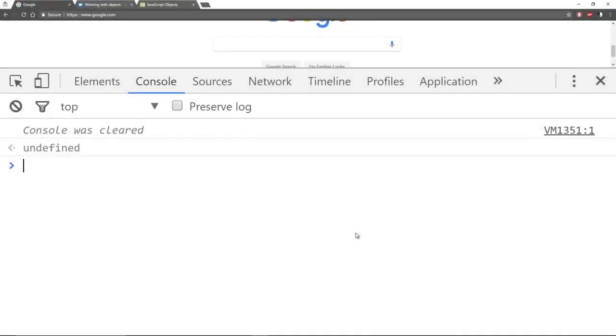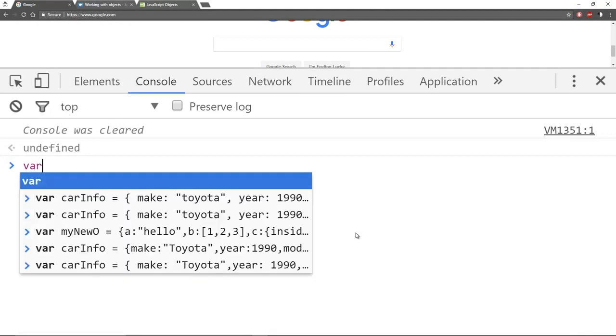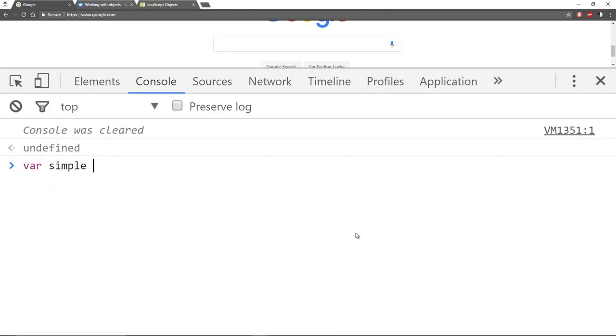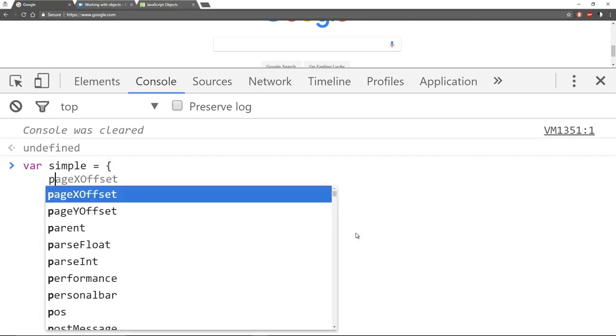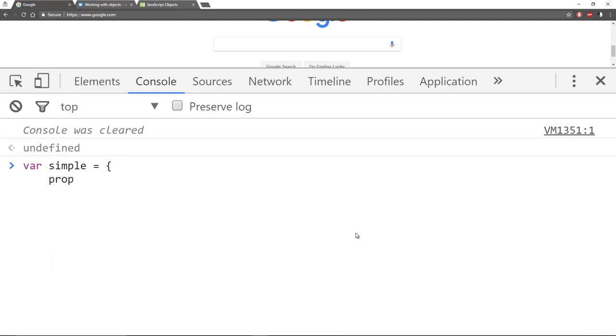All right, here I am at the actual console. Let's create a very simple object. We'll call it the variable simple, and it's going to be an object with a property. We'll call it prop, and that property is, we'll say, hello, and then it's going to have a method inside of it, and we'll call this method myMethod, just to make it very clear everything that's going on here. And then I use the function keyword,